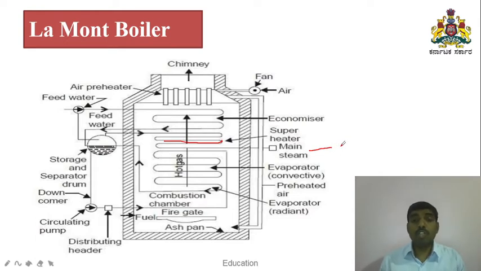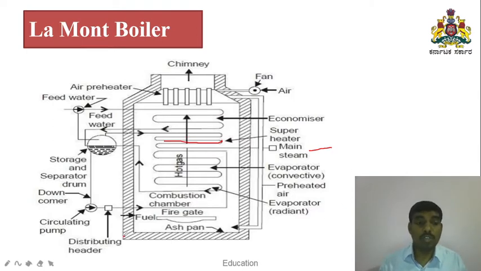Here you see the blow air is provided for the preheating of the air. This is called the air preheater. How will it preheat? In a similar way, the flue gases flow upward containing heat. That heat will transfer to the rotating air preheater. The air coming from the blow air fan gets heated. This preheated air will be supplied through this preheated line for the combustion purpose. So this is how the Lamont boiler works.